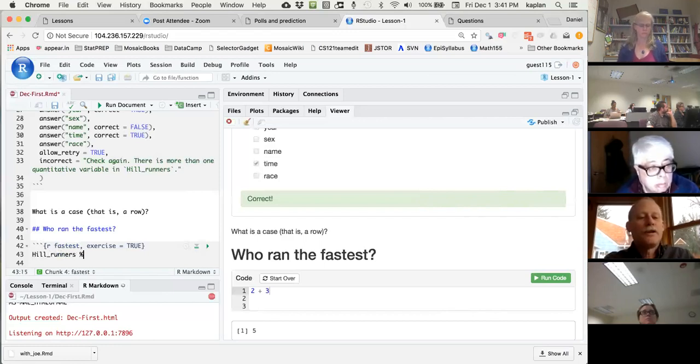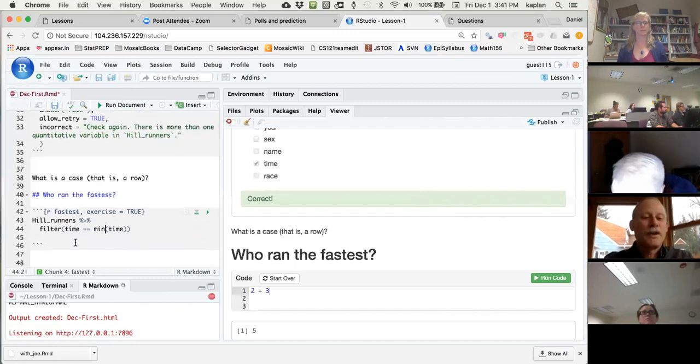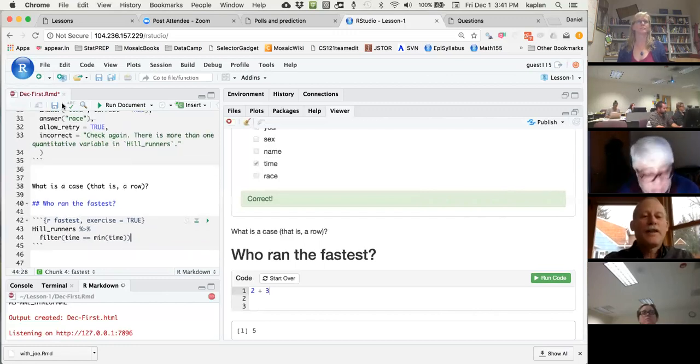Hill runners goes to, what I'm going to do is filter out everyone whose time is the same as the minimum of the time. Min, shouldn't it be? Yes. So if I make that the contents of this chunk,